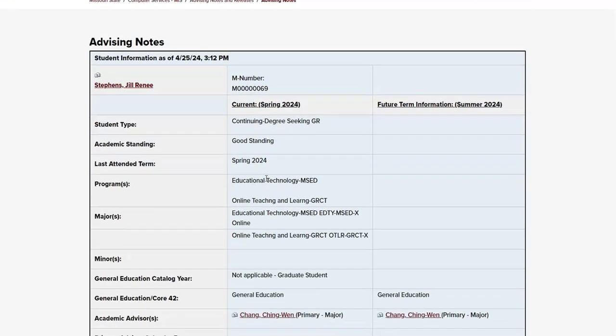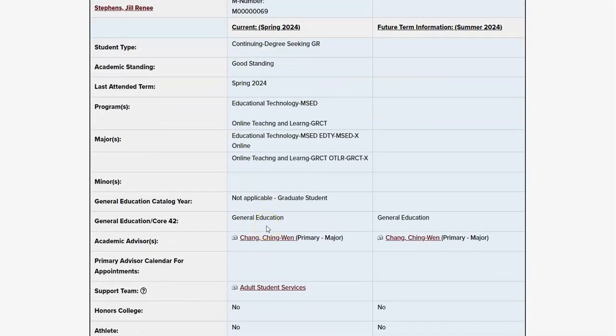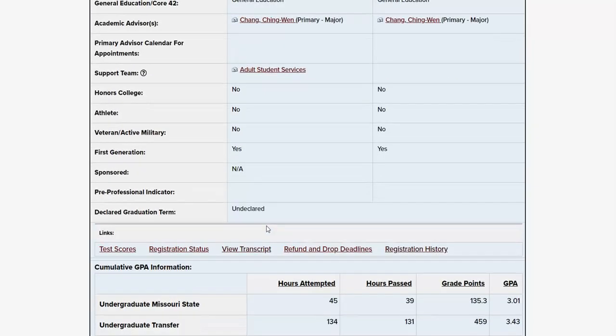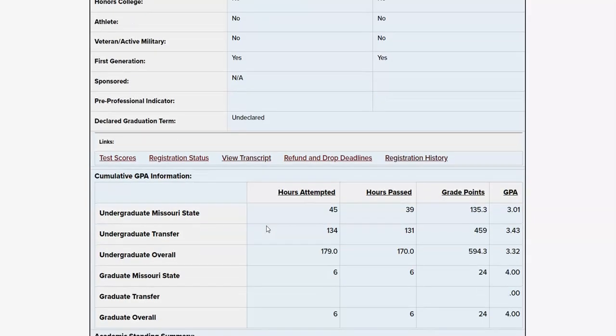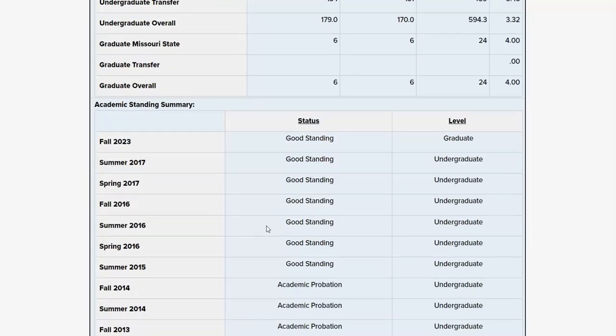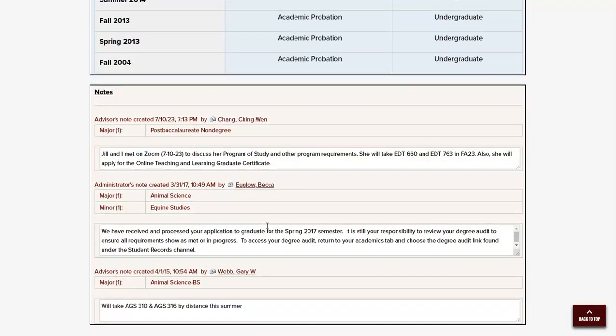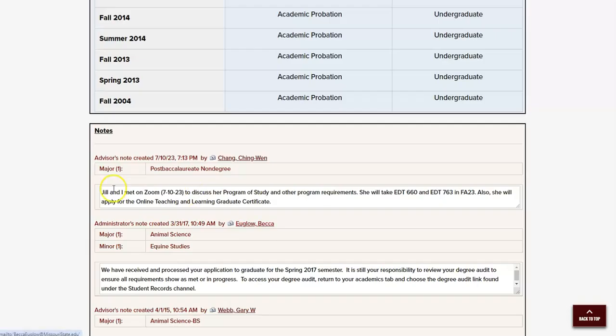These are mine. So the first block of this is just general student information, like it tells you your major, your minor, your advisor's name, your academic standing. The next block is your GPA information. And your academic standing is there. And then finally you get to your notes, and it shows all the notes that my advisor has put in